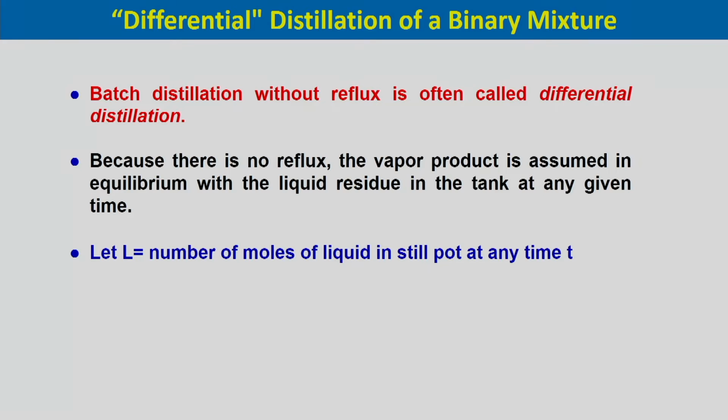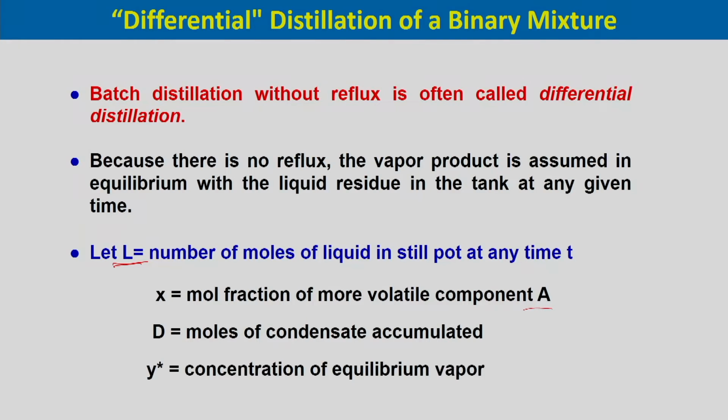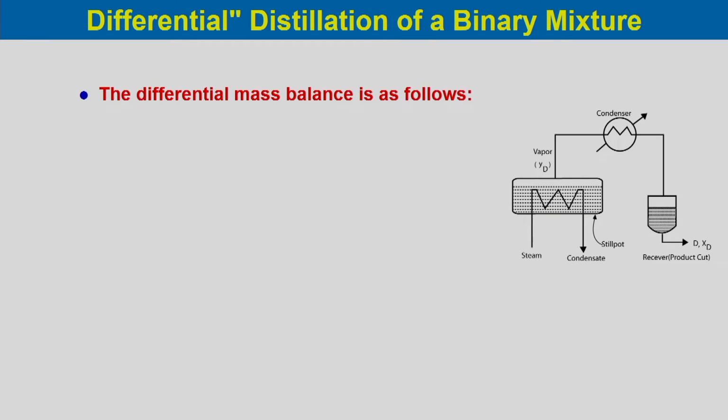Let L be the number of moles of the liquid in the still pot at any time t. x is the mole fraction of the more volatile component A, and D is the moles of the condensate accumulated, which is taken as the outlet product, and its composition is the concentration of the equilibrium vapor, that is y star. So, the differential mass balance is as follows: